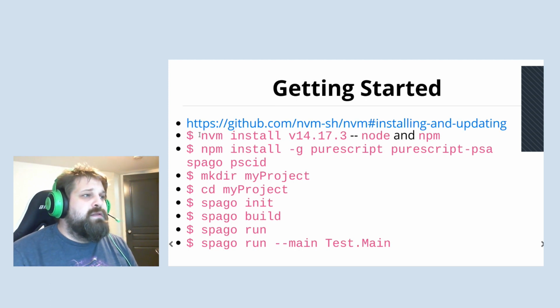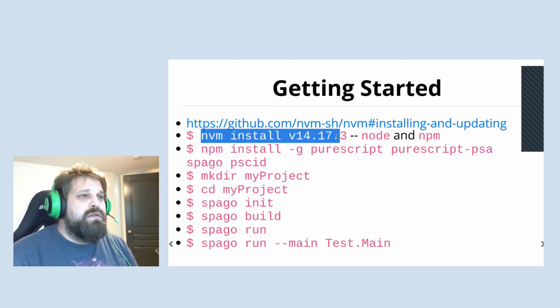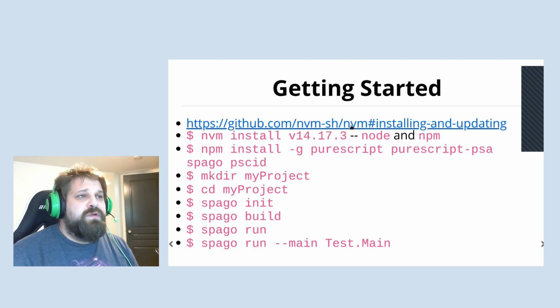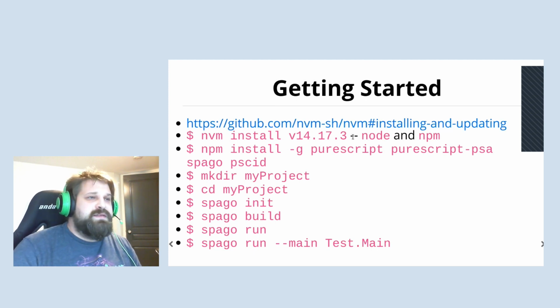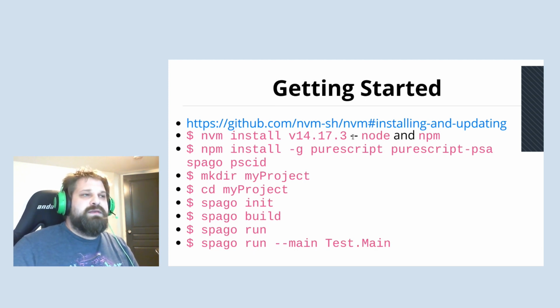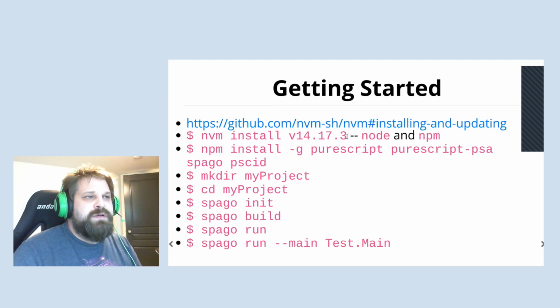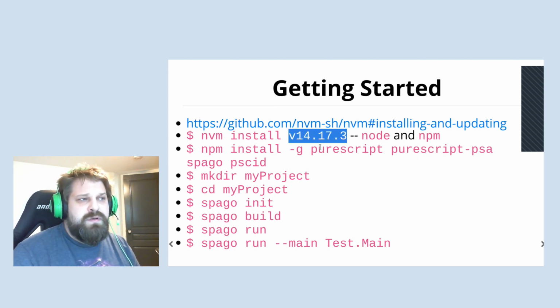I have already gone ahead and installed Node and NPM, but I really recommend this tool if you're not used to working with Node: the Node version manager. If you're a Nix expert, you might want to set it up in Nix, or if you're using NixOS, this might be a bit of a blocker. But if you're not going to use Nix and only Nix, go ahead and use the Node version manager. I recommend this one. I believe it's the current LTS version of Node.